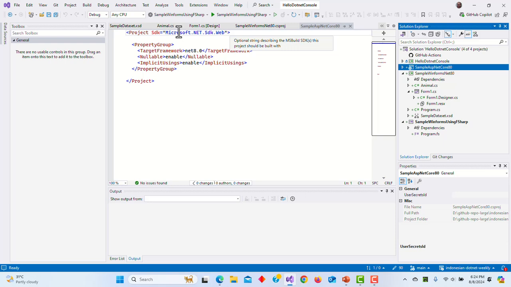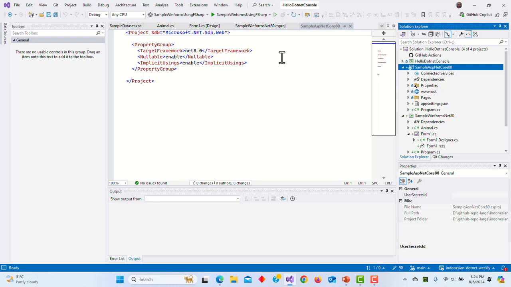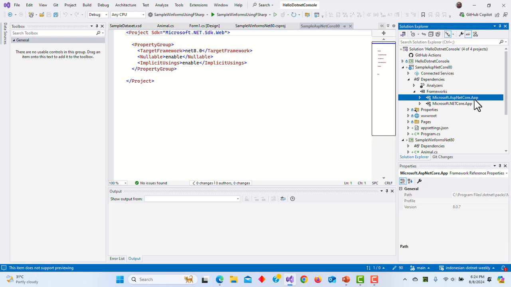If you have this as part of the SDK, it means that you will have a way to reference some binaries inside the ASP.NET Core binaries by default, meaning that you will have Microsoft.Extensions something by default. Like you see, let me see, there is a dependency. Yes, you see that by setting this SDK web, you will have this ASP.NET Core app framework inside your